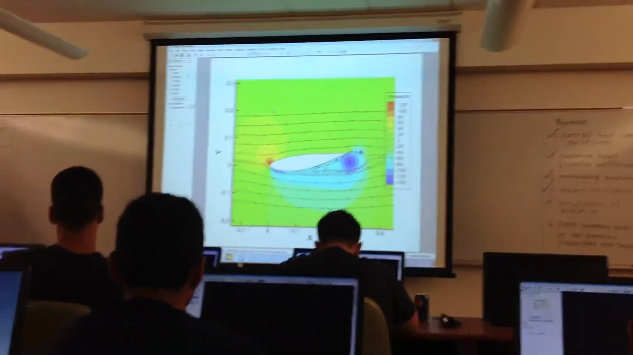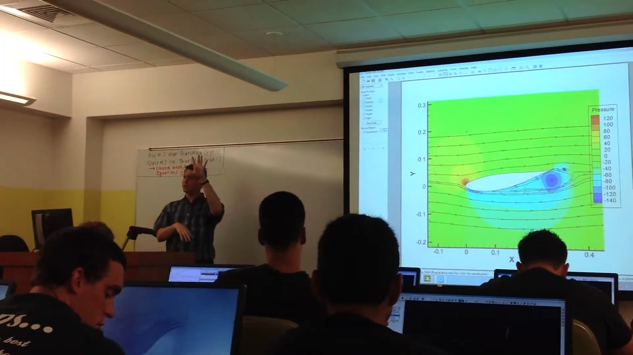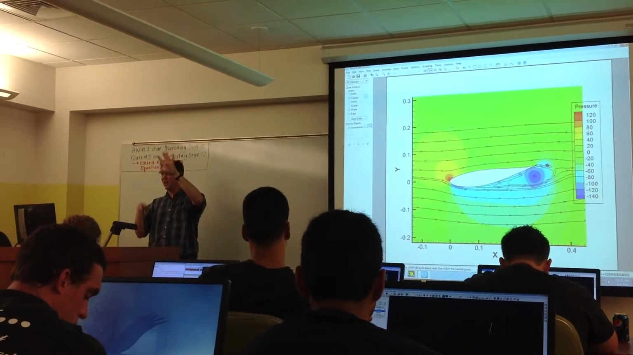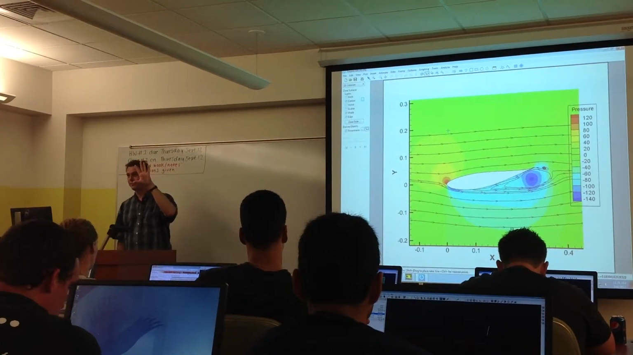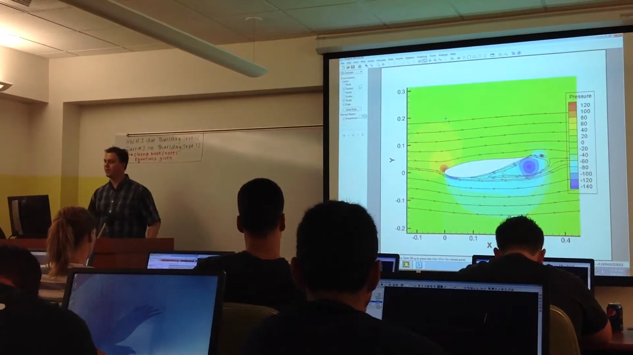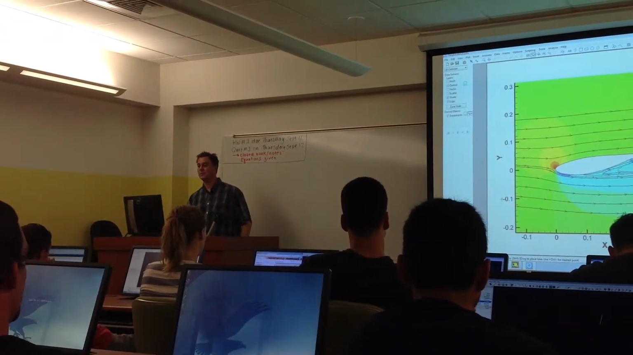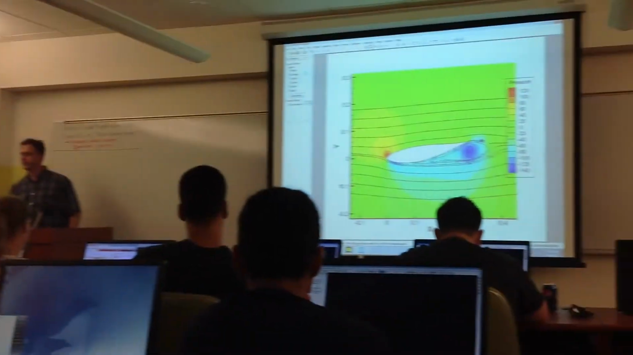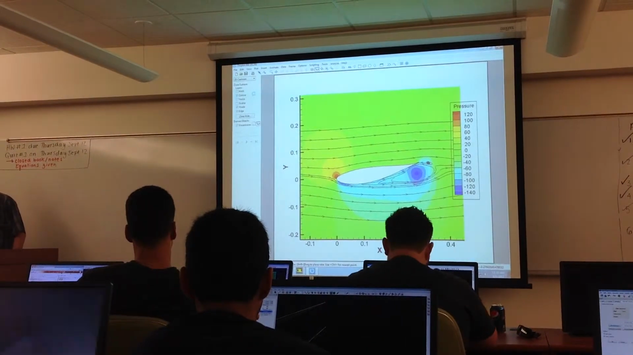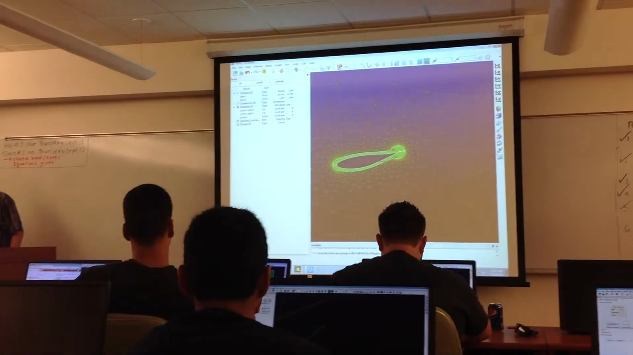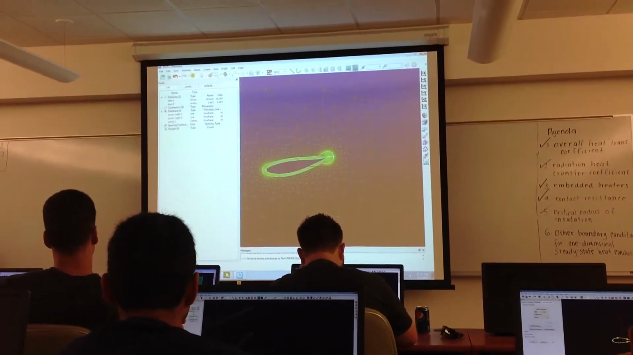The .dat file contains the solution. The .case file contains the grid and the boundary conditions and all the settings for running the case. You need both of them to get this visualization. Anybody have any questions here? Went from Pointwise